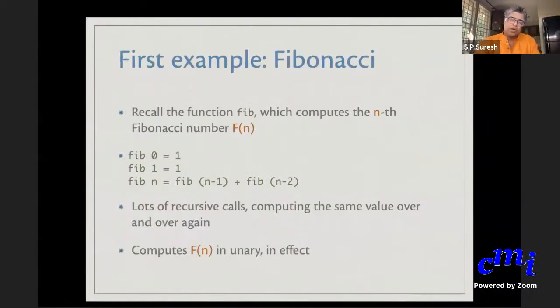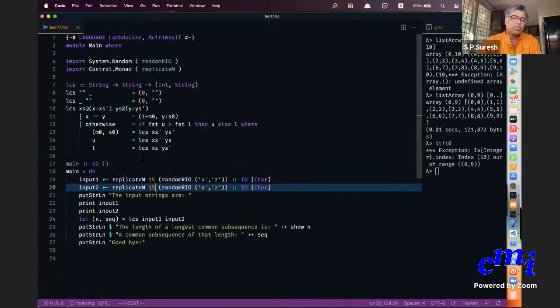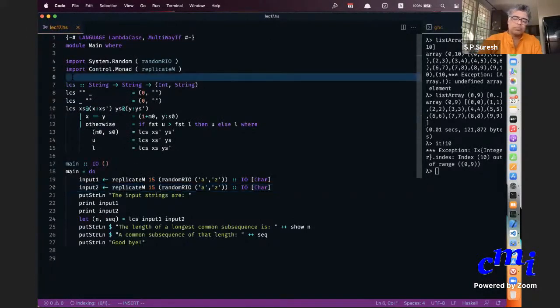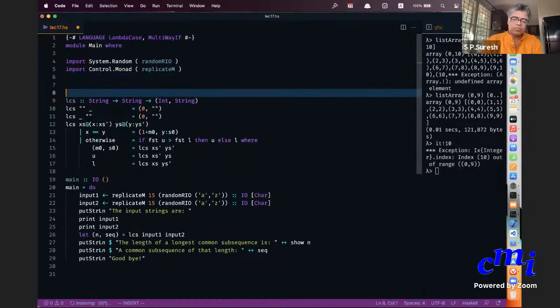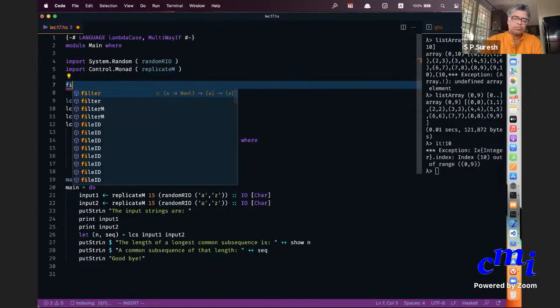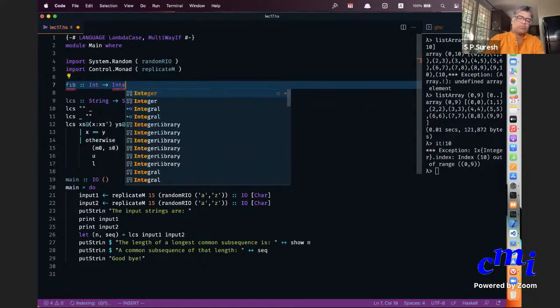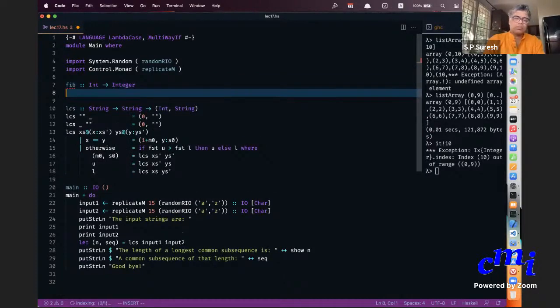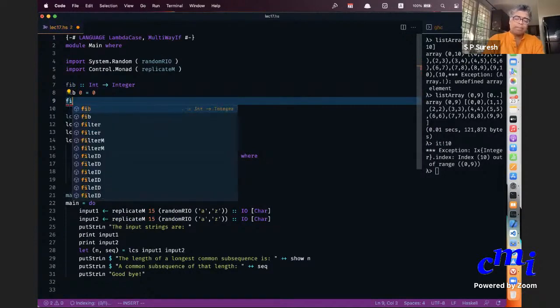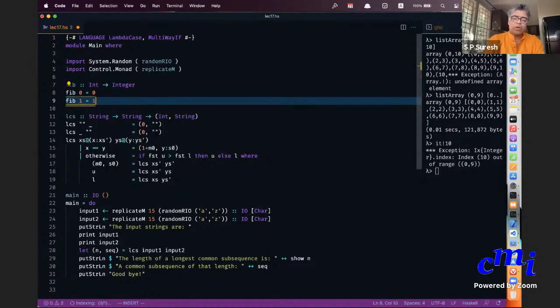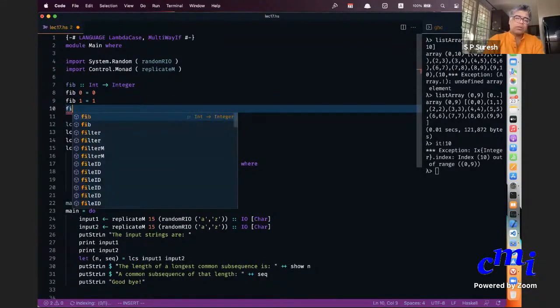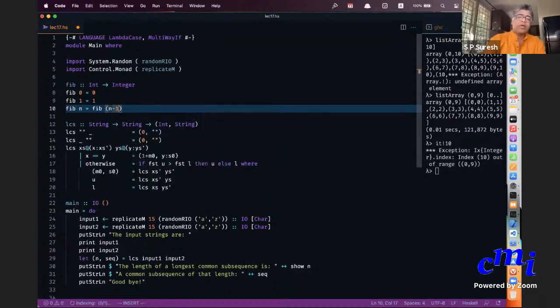So now let us return to Fibonacci numbers. Fib 0 is 0, fib 1 is 1, and fib n is fib n minus 1 plus fib n minus 2.